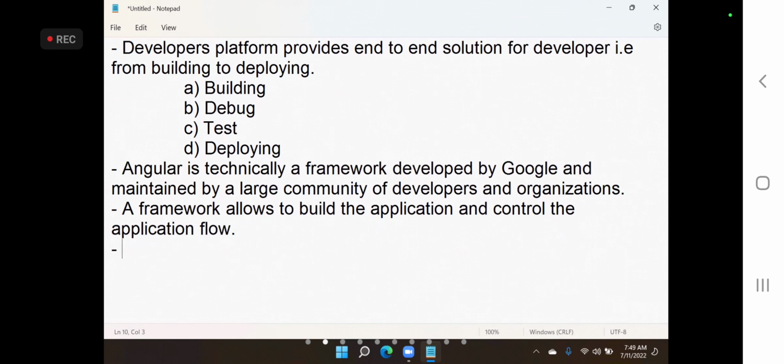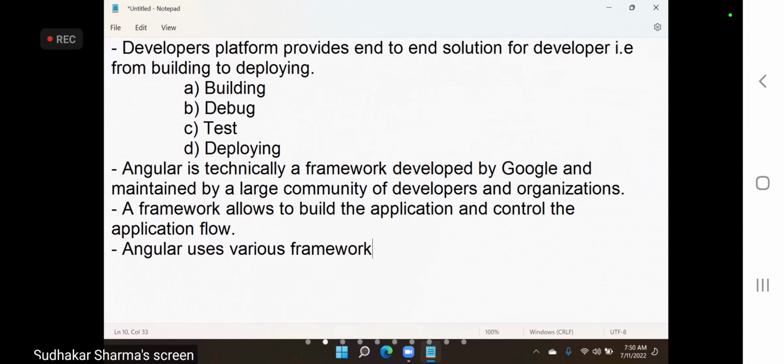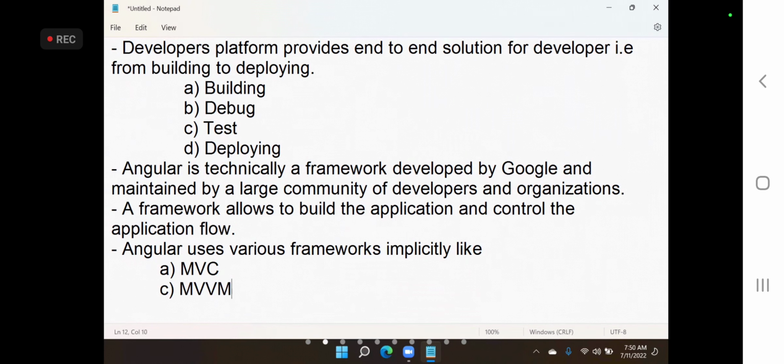Actually, internally Angular uses a lot of other frameworks implicitly, like MVC and MVVM. Angular itself is a framework and it is supported internally by various frameworks.